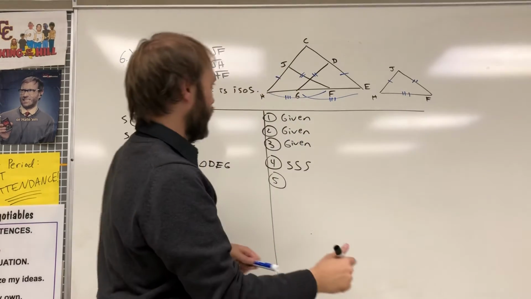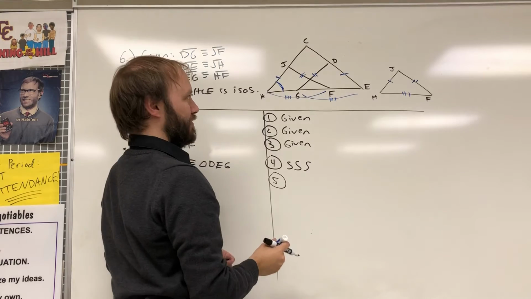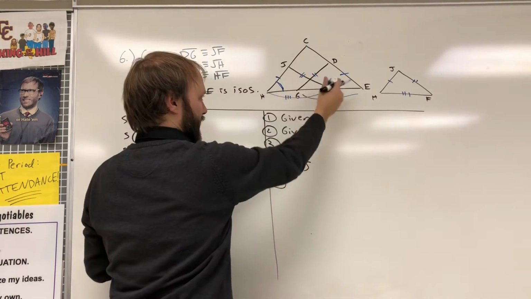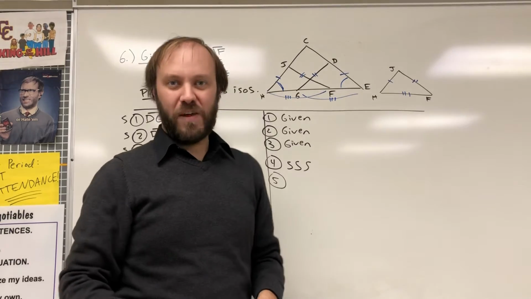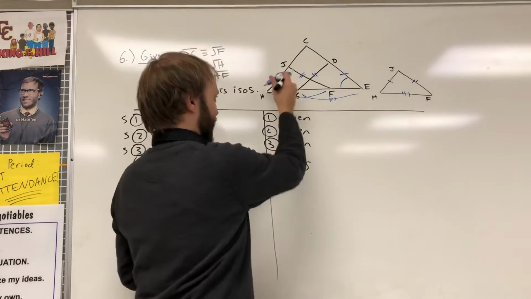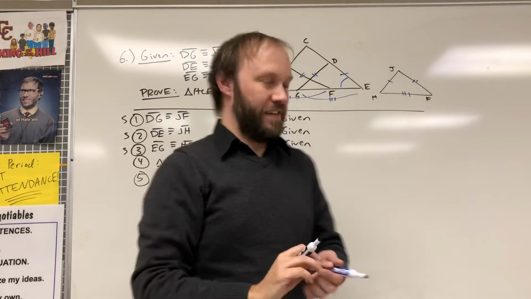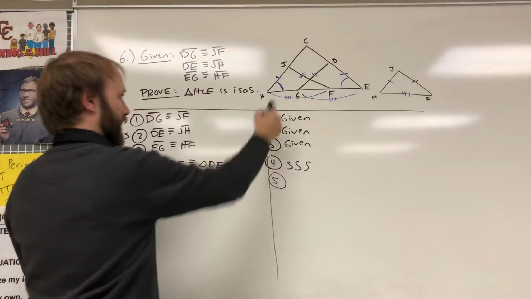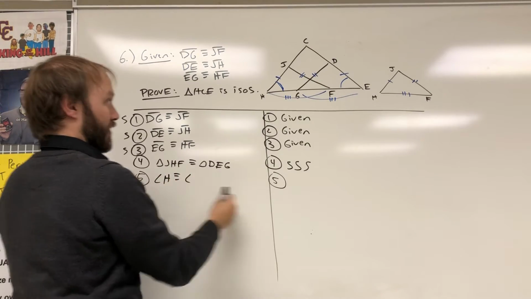But look at the lower angles. This angle here is an angle of the triangles that I proved congruent a minute ago. This angle here is an angle of the two triangles I proved congruent. That'll give us the two base angles of this big triangle congruent, and that's all we need to say that a triangle is isosceles. So I can go ahead and say that angle H is congruent to angle E